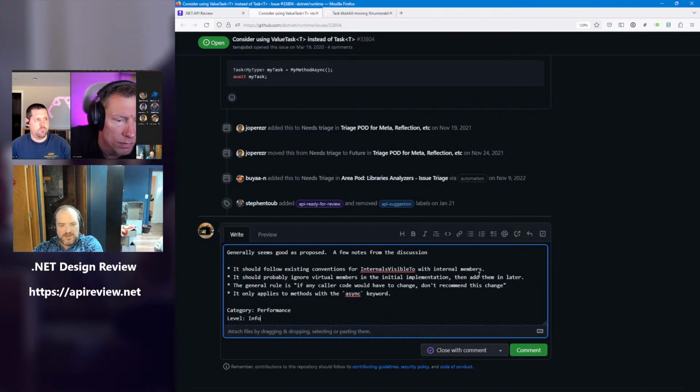Yeah, but because of how this analyzer will be structured, it won't actually run as part of the build. It'll run as part of the IDE. It'll only end up running on actual builds, not design time builds. If you hit Control Shift B and you happen to be looking at internal async task of whatever, where whatever is not bool, then you get a squiggle, and you'll see, hey, I have a suggestion for you, and it's like, okay, all right.